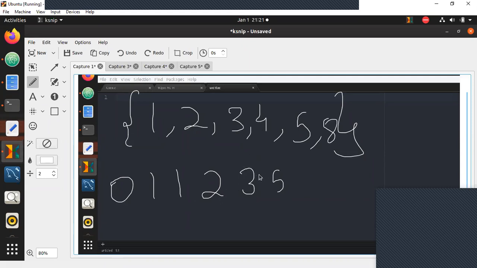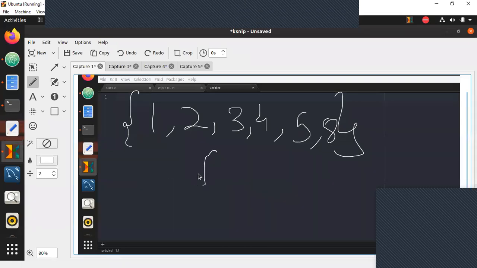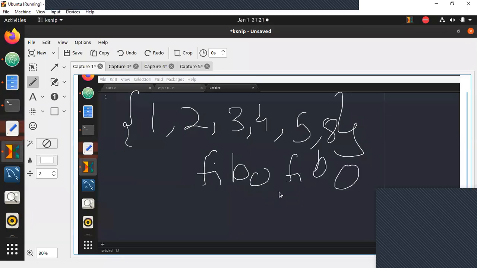Now there's one problem here. If I'm creating the Fibonacci series for each element, think of this, guys. I'm creating the Fibonacci series for 8 also, for 5 also. Don't they have the same values up to 5? They have the same values, right? Instead of calculating the Fibonacci series again and again, there's a better way to do that.